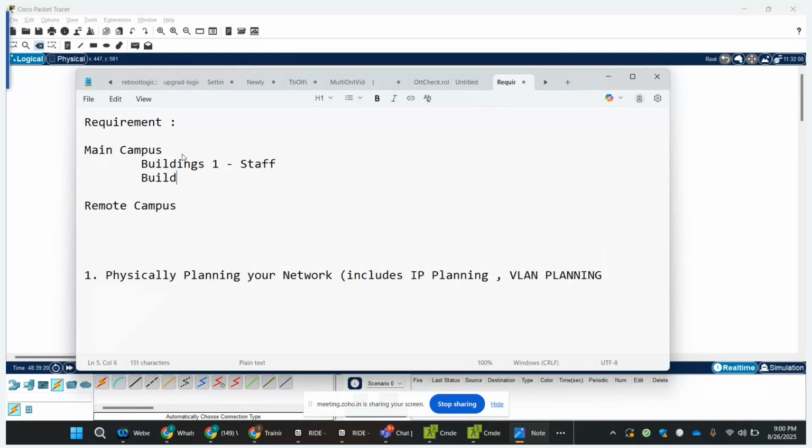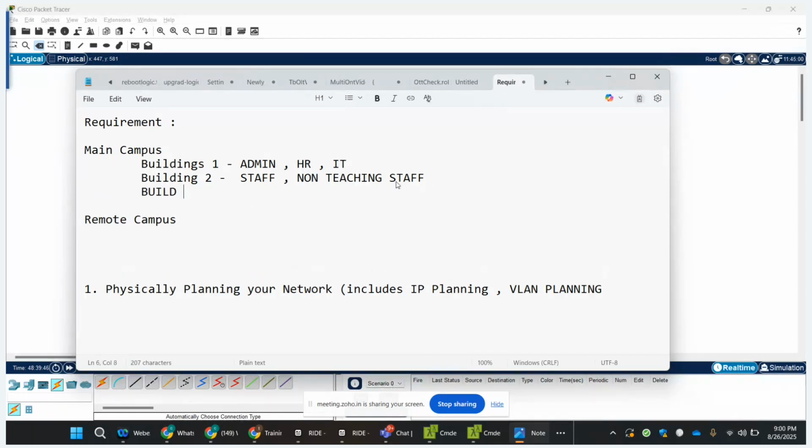Building 1 will be the main building where admin, HR, and IT people sit. Building 2 is where teaching staff and non-teaching staff stay. And there is a third building called,